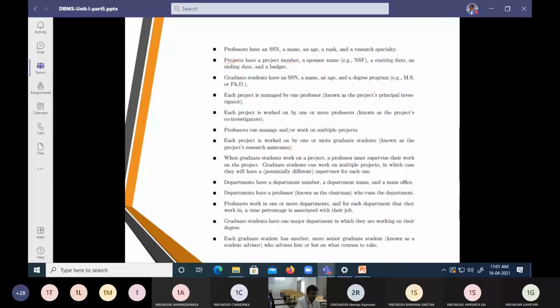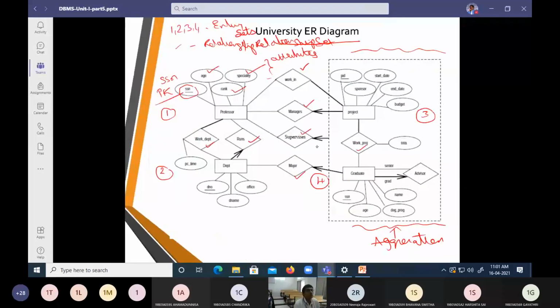How is it going to be represented? We mention project as an entity set, and the project has a unique identifier, the project identifier, which is called a primary key.